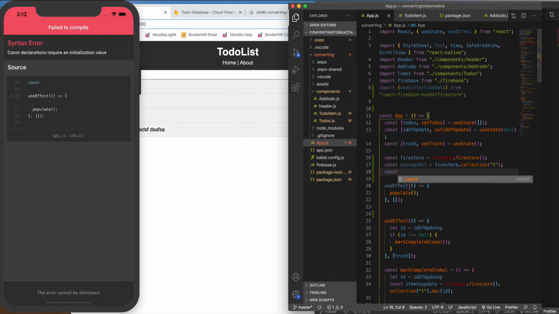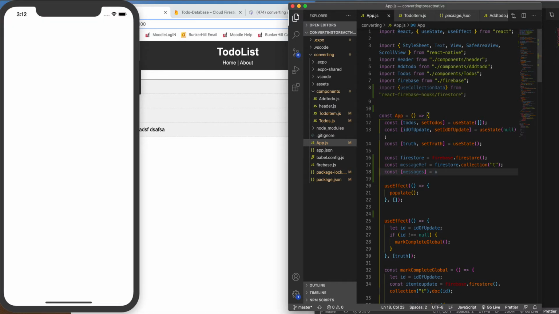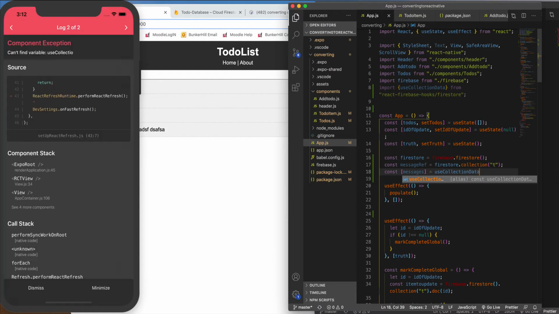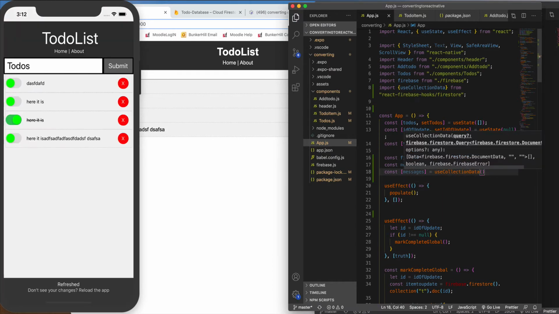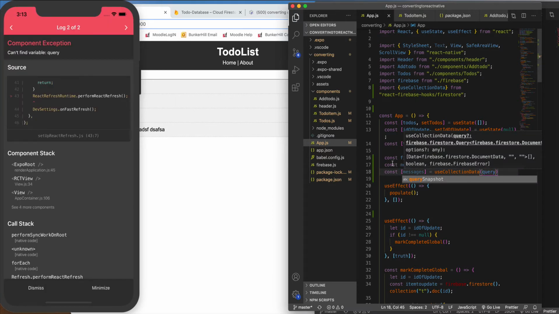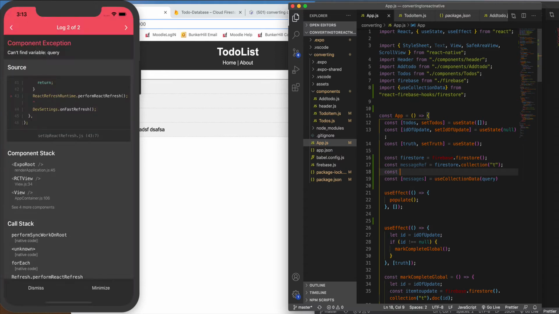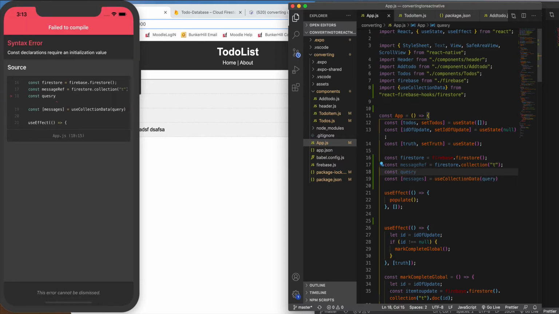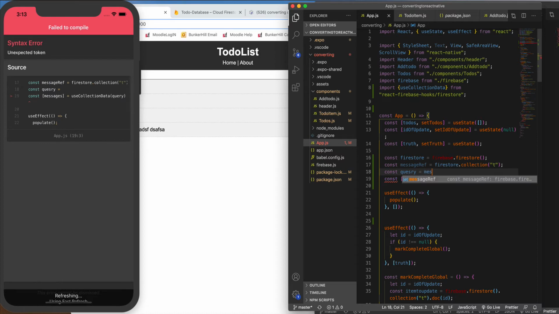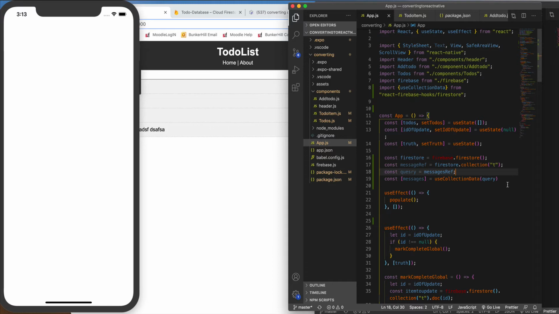Then const messages equals useCollectionData, and then in parentheses, query. Oh, looks like I forgot to add that. I gotta add that first, hold on. So go to const query equals messagesRef, and then